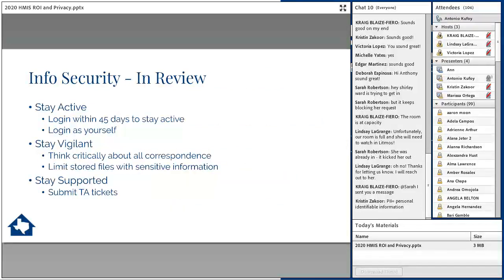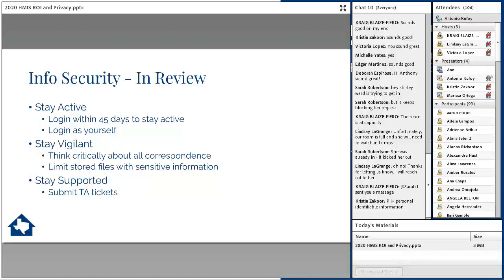Okay, so in review, stay active, stay vigilant, and stay supported. Stay active: log in within 45 days to stay active, or you will get locked out for inactivity. You want to stay vigilant.